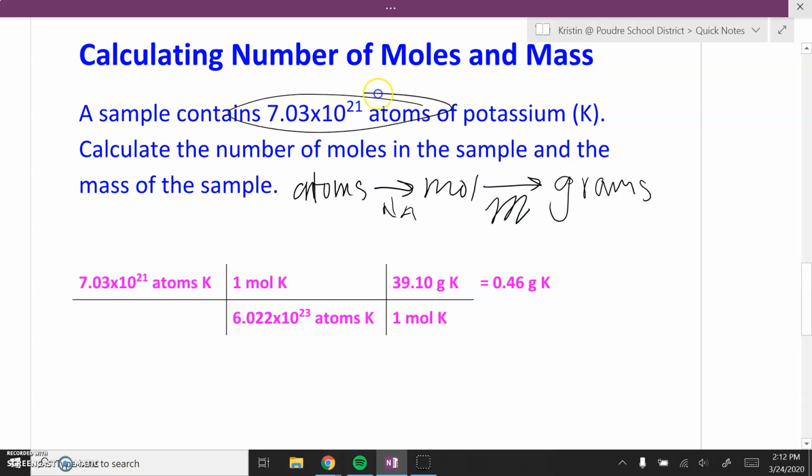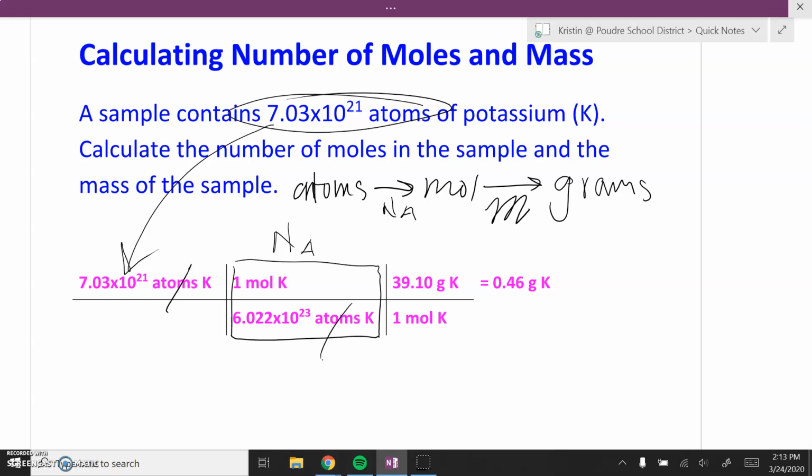Start with my starting point, 7.03 times 10 to the 21 atoms of potassium. Next, I'm using Avogadro's number to get the number of moles. So my atoms cancel. And I didn't write it on the slide, so I'm just going to work it out really quick. But you should get 0.12 moles